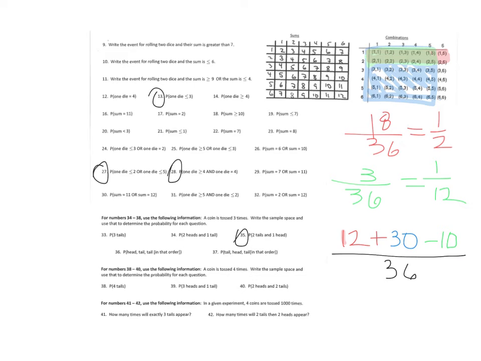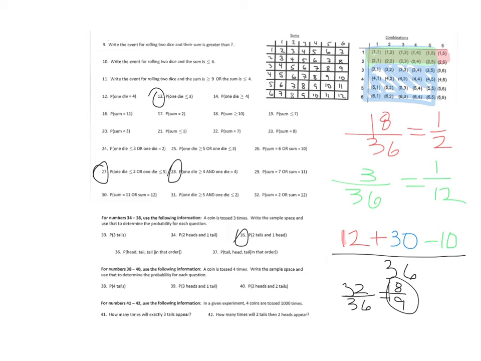If we do that, we get 42 minus 10 is 32, and then 32 over 36 reduces by 4, so that gives us 8 over 9, so we have an 88% chance that's happening. And we could test that. 32 out of 36 means there should be 4, because there's 4 less in 32 and 36, so there should be 4 that are not included in the event in the numerator, which we see right here. There's 4 of them, so that works,